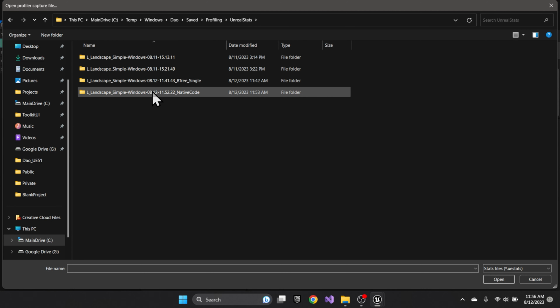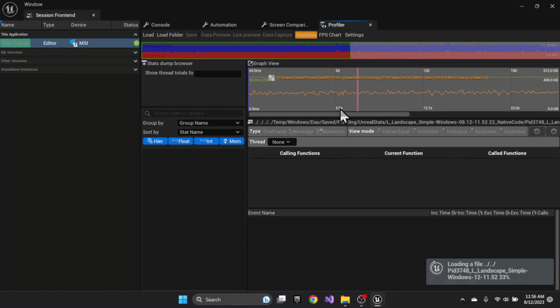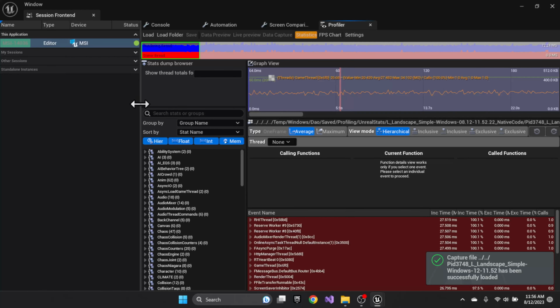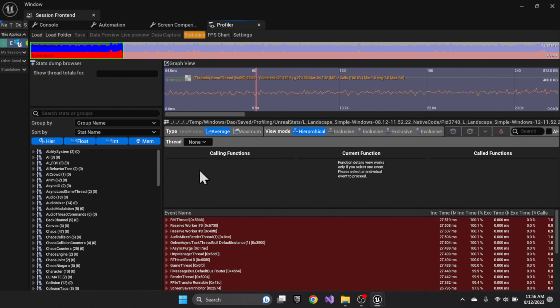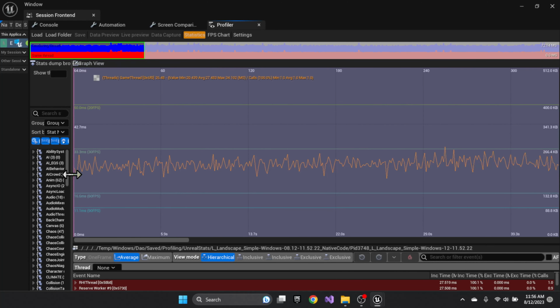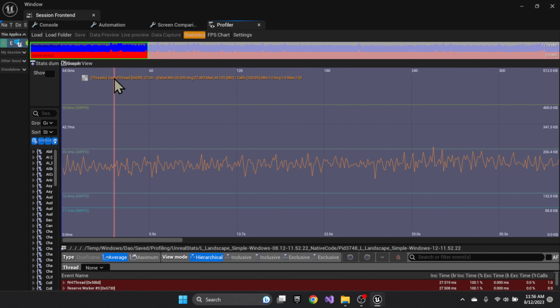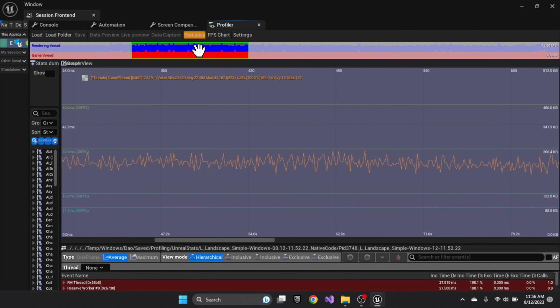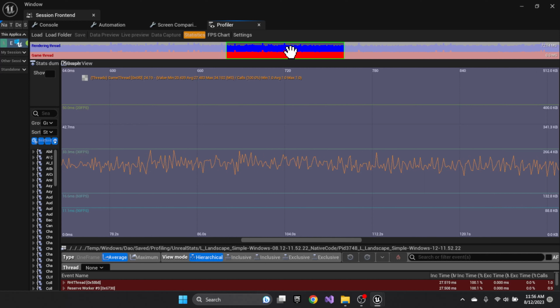These are the two we just ran today. So let's start with the native code. And we're going to take a look at, let's stretch this out a little bit. So you can see here, this is the game thread. And as I scroll across the game thread,